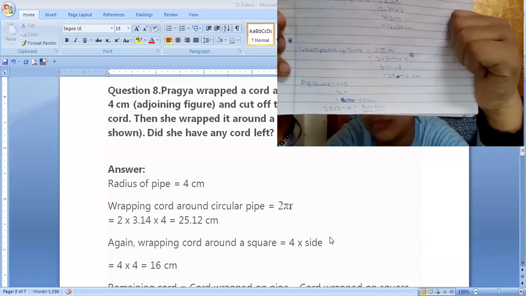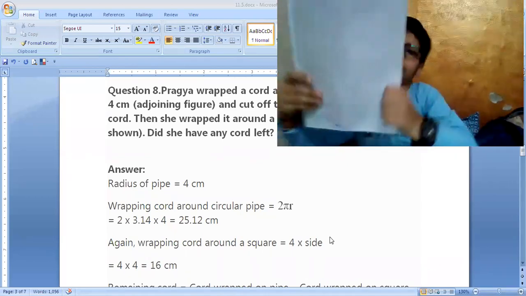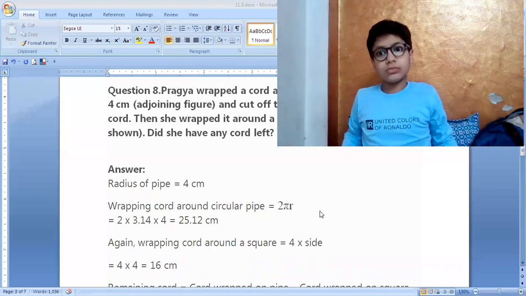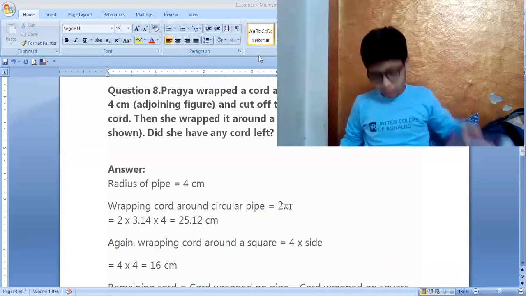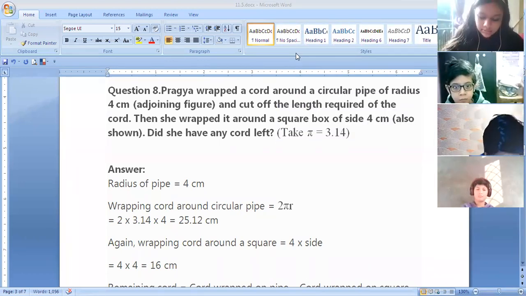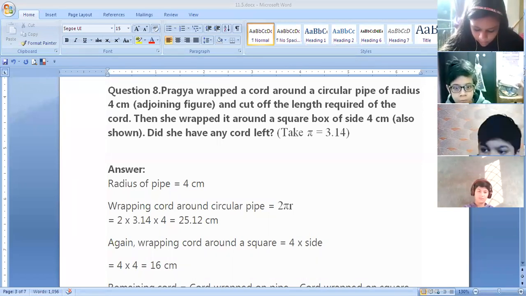That's correct, but write down in front of that the remaining cord. Yes, right, Kavya. Tanvi Bakshi, your answer is absolutely right. Mahi, check your decimals. Check your decimals, Mahi. Subtract it, beta.